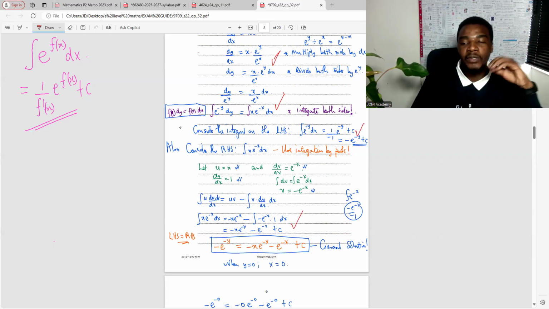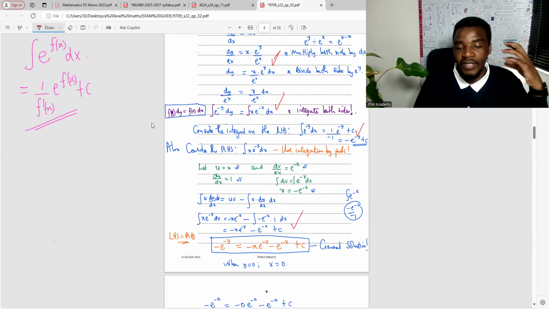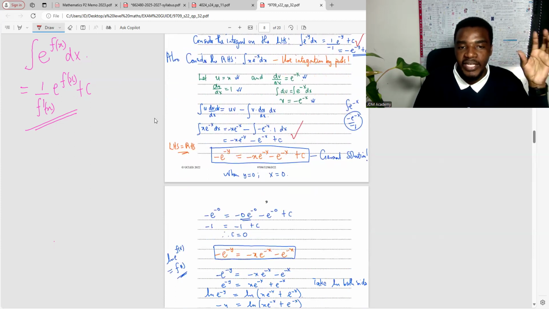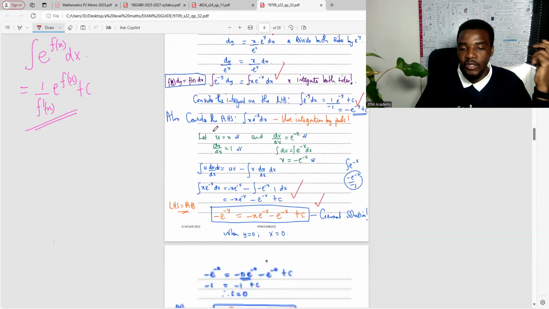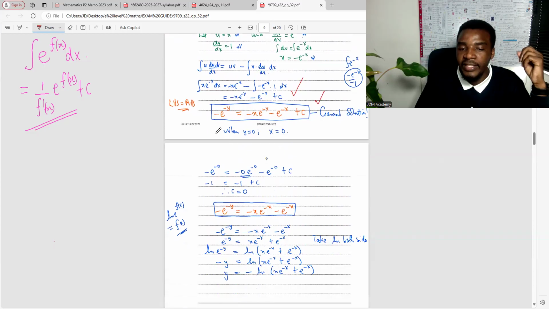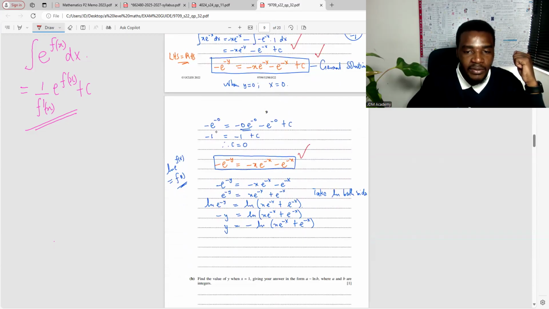In this question, it was very interesting because in an attempt to integrate the right-hand side, you realize that the function that we wanted to integrate was a product of 2 functions. And we have to use integration by parts. That was very, very interesting. And then after doing everything, we got what you call the general solution. Once getting that general solution, there was an initial condition that when x is 0, y is 0, that helps us to find the constant of integration